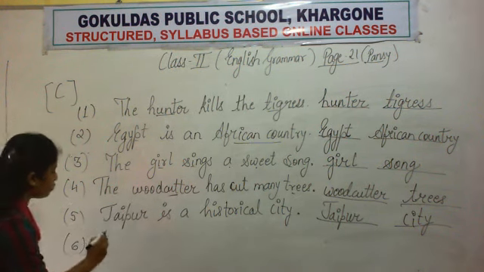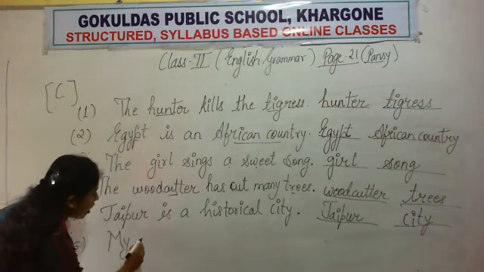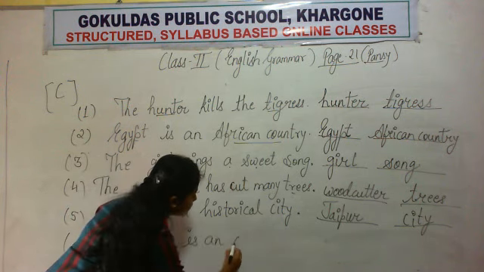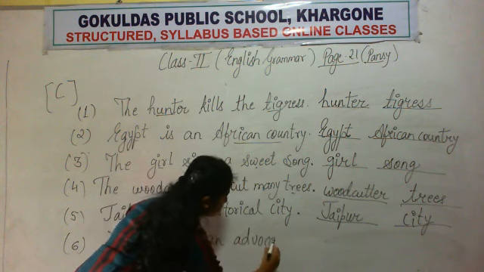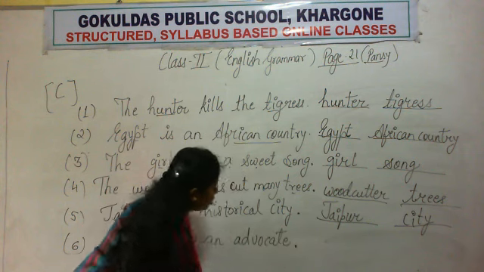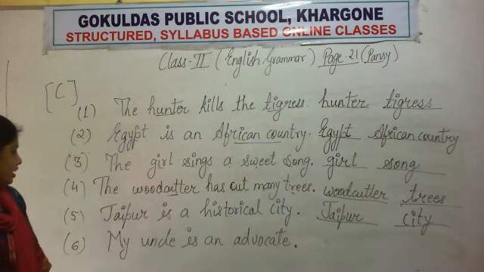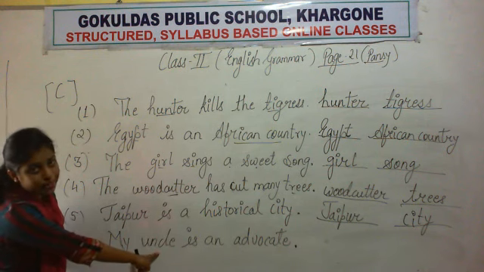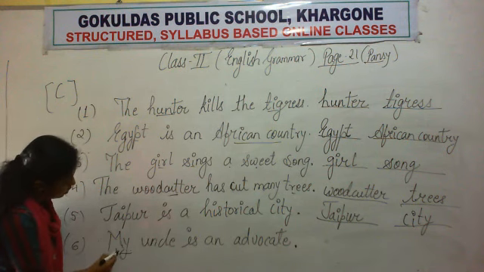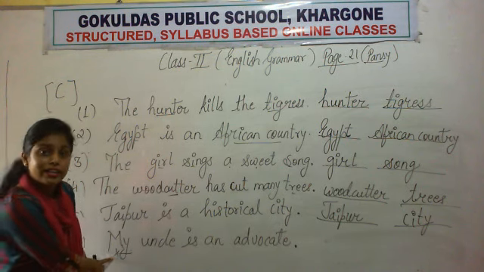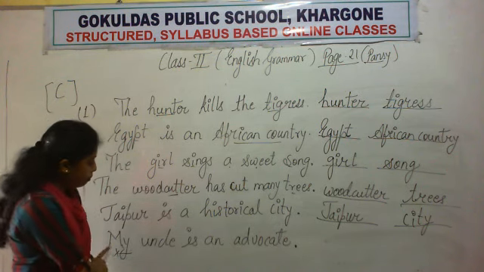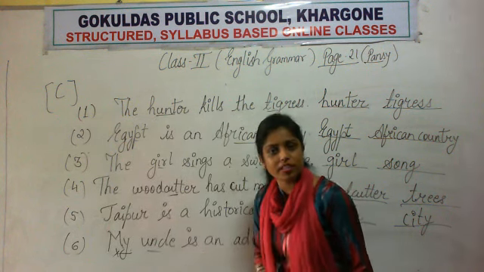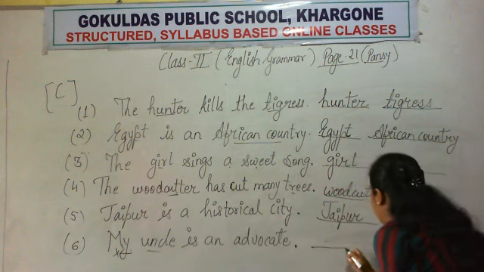My uncle is an advocate. Okay, my uncle is an advocate. अभी here my uncle, मेरे uncle. Here now you will say my uncle will come as noun. My word will not come as noun. My noun नहीं है. My is a pronoun. We will study it later on, but my is not a noun. My is not a noun. Uncle, yes, uncle is a person. So uncle is a noun. Uncle is a noun.